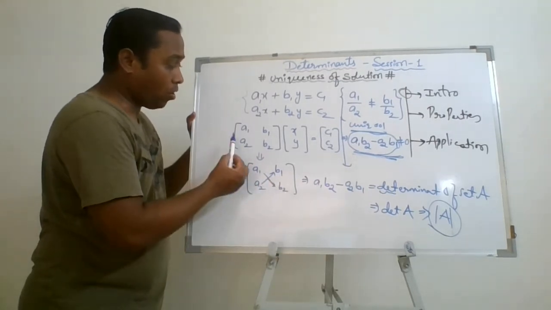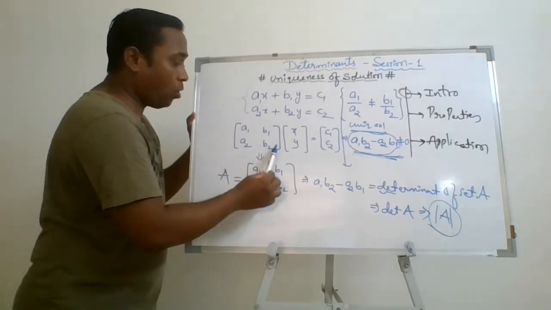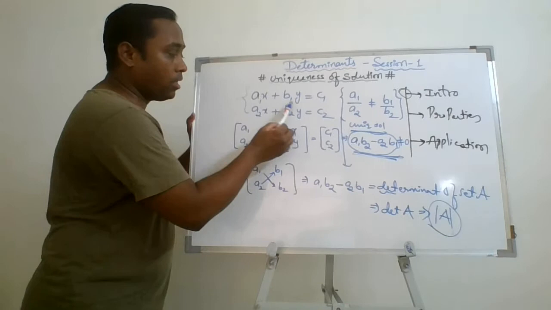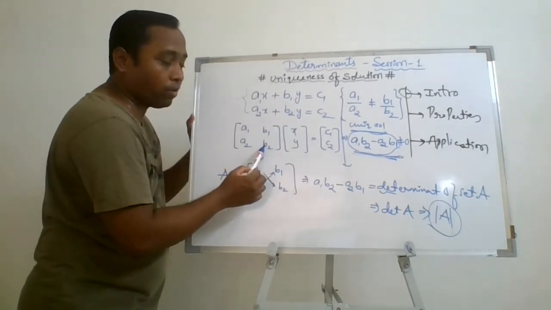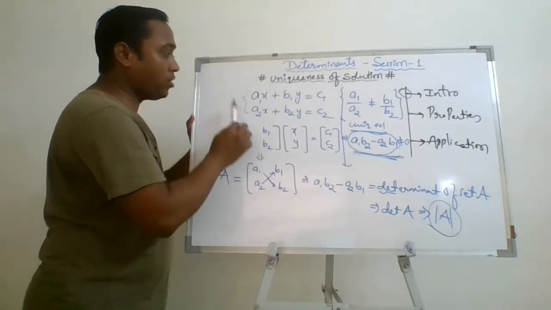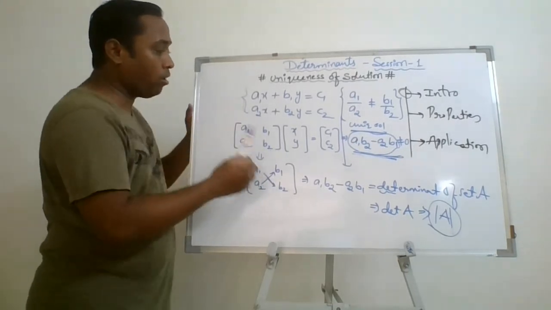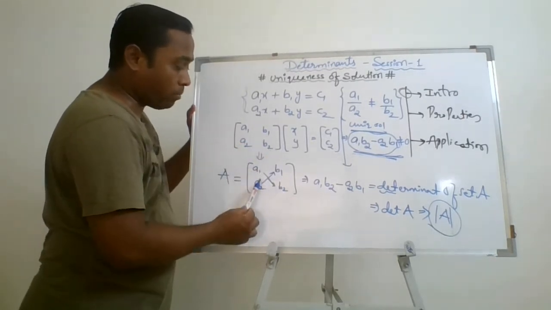The reason is, you already know that when you express these equations they always form a square matrix only, though it doesn't have a variable. You may write it as 0y, where the element b2 will become 0. So each system of linear equations in n variables is always expressible as a square matrix, and that square matrix is